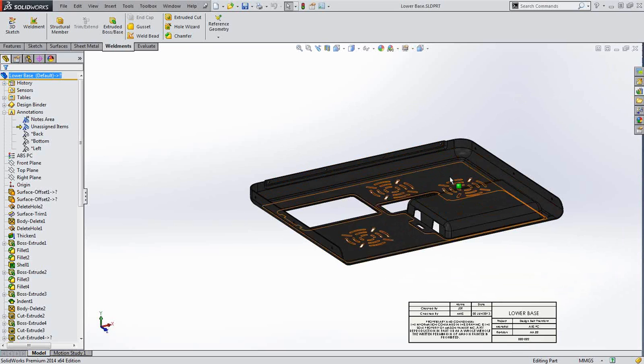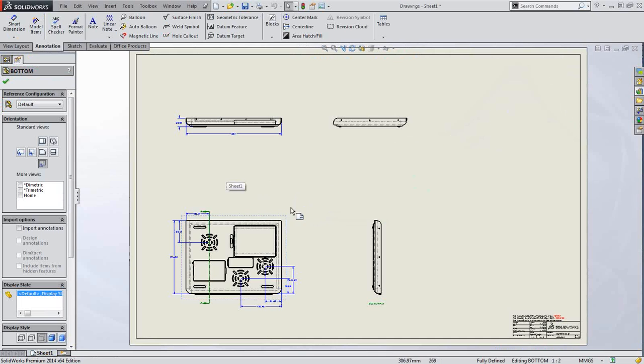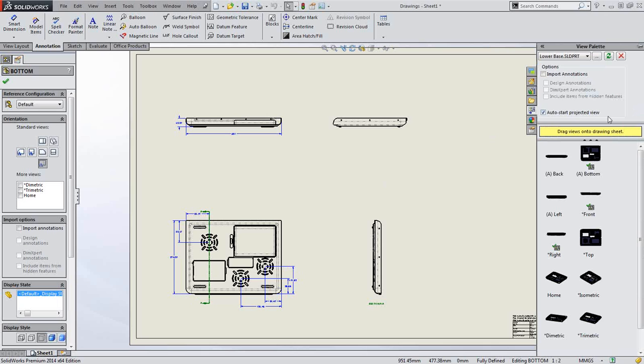And you would also add things like tolerances so that you could completely dimension this in the 3D and maybe avoid creating the 2D drawings altogether. But back to the drawings to see some of the new functionality. If I want to add some new views here,